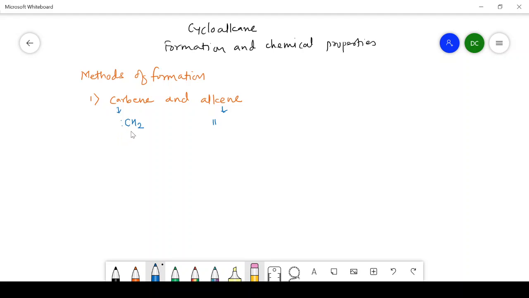So it is a reactive intermediate, keep in mind, and these two reactants, carbene and alkene, undergo